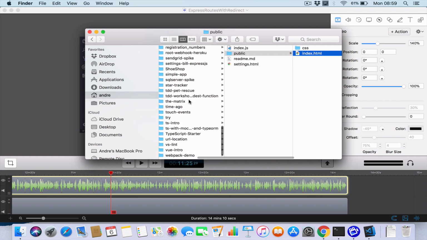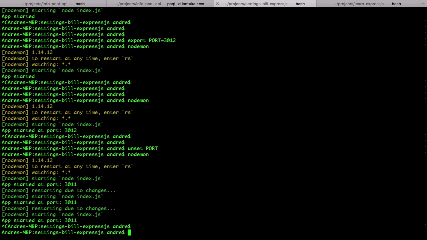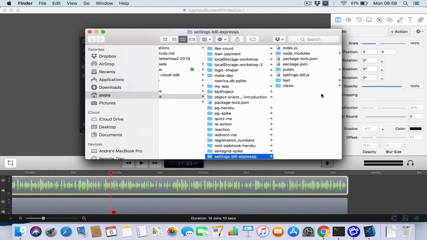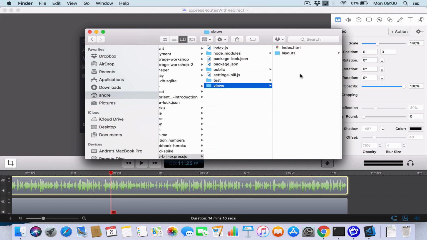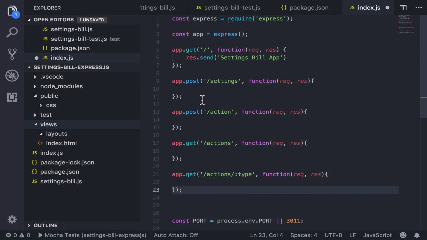Settings bill. Okay, it's easier to go from here. So ExpressJS, I'm going to stop this one. Open dot. I'm going to go here, settings bill, in our views folder. I'm going to paste index. We'll work with it now. So now I've got all the files that was given to us